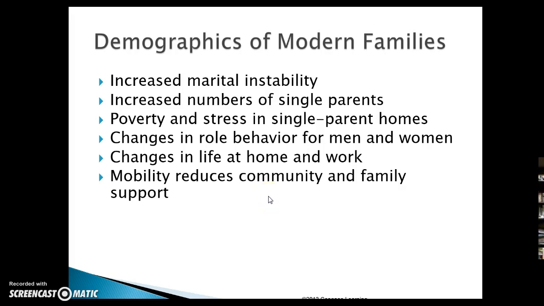and certainly mobility has reduced that sense of community and family support. Many families live in isolation from their other family members. We know that in Sampson County we have a large population of migrants, and that means that whole families may be moving from place to place, or it may also mean that a family comes to live in our area to work, leaving family behind in other places, and will soon return to them.